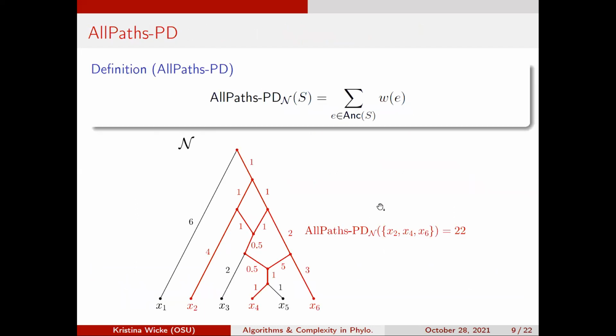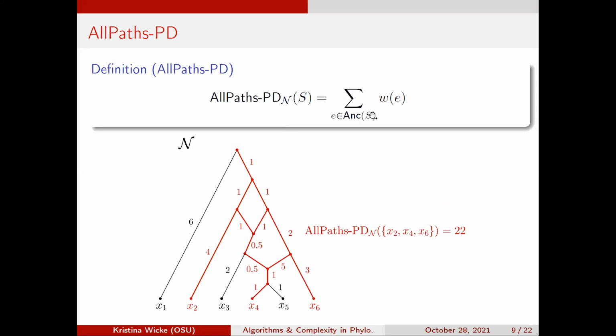So the first measure that we introduce, or that we reintroduce, is Charles Magnus's, and I call that all-path PD. In the paper with Wicke, it was originally called subnet diversity, but we changed it to all-path PD as this is maybe a little bit more descriptive of what it is. So given a phylogenetic network N on some leaf set X, considering a subset S, we define all-path PD of